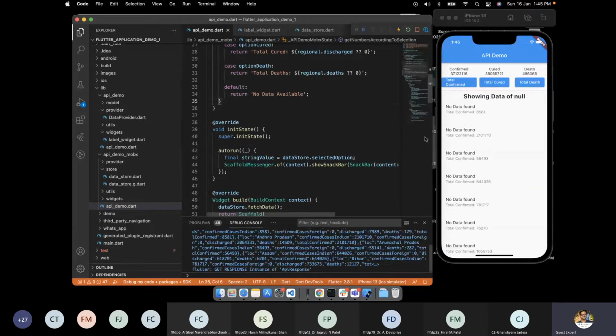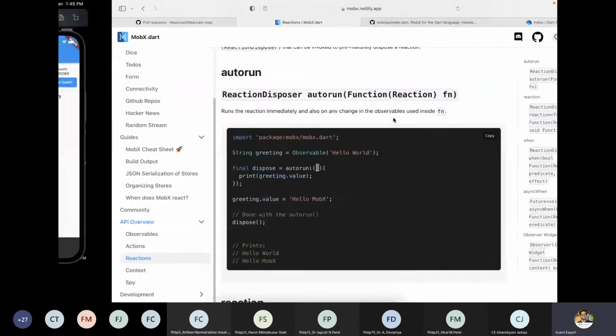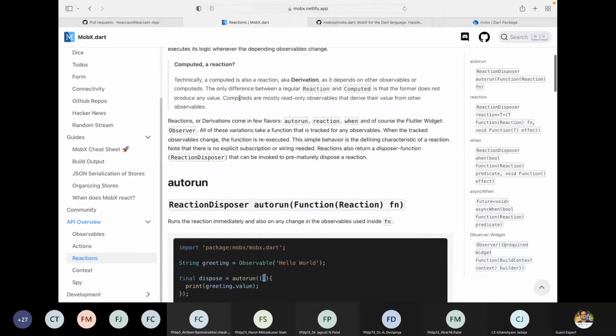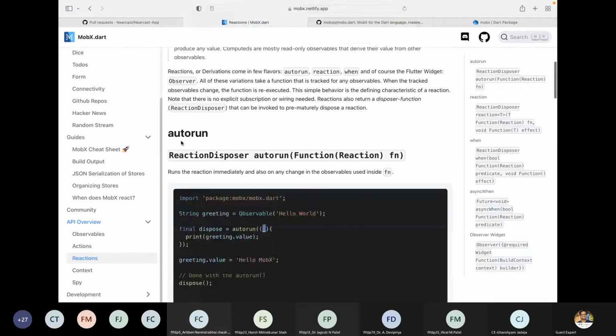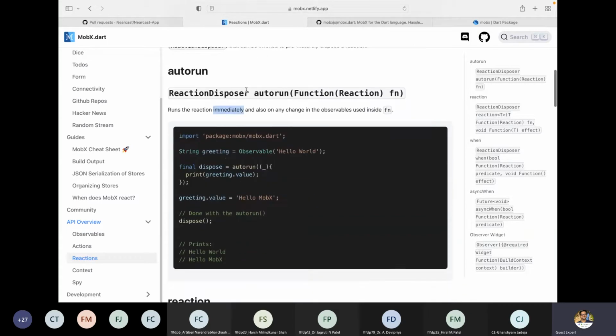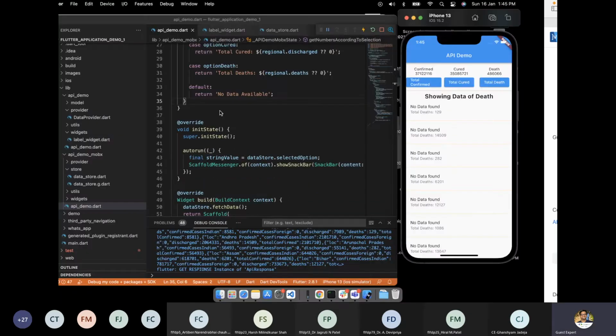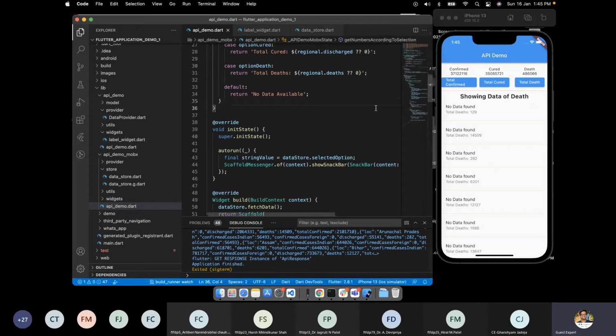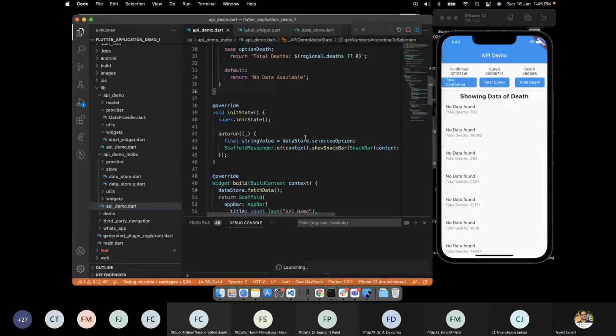It should run actually. There is some issue with the auto run. It should run immediately. I don't know why it is not running, even though it says it should run automatically initially. Let me try to rebuild the app.